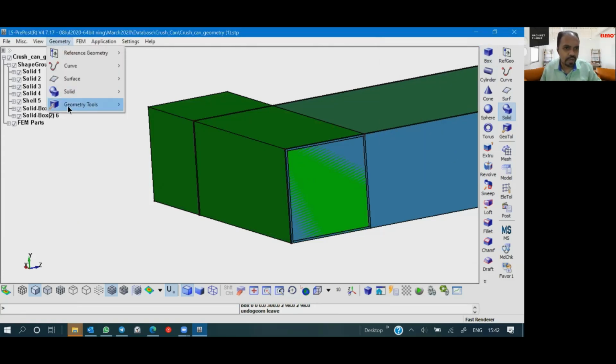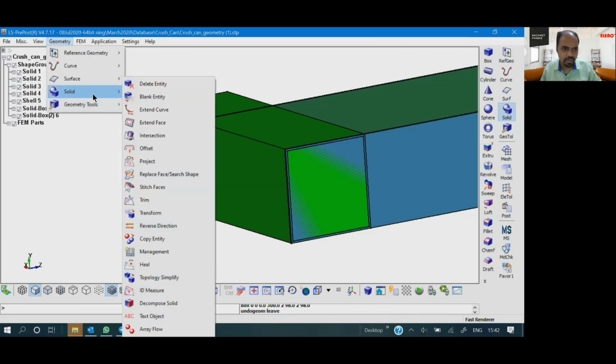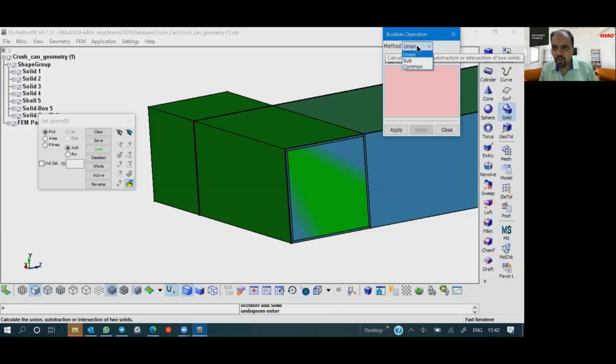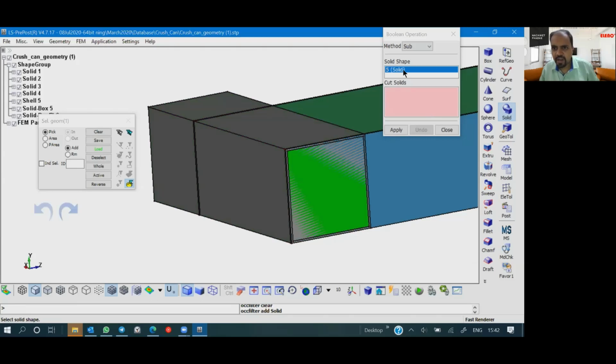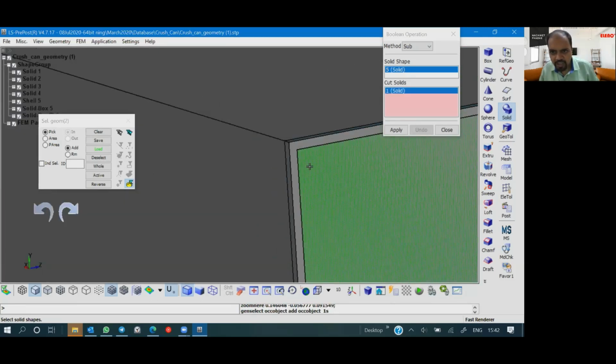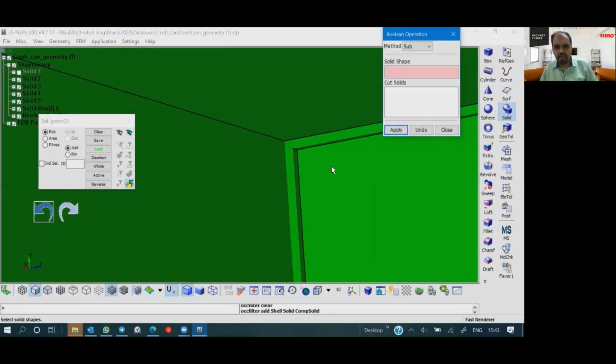I'll go for geometry, I'll go for geometry tools, or maybe I'll go for solid boolean and I will use a minus b. So I don't want to do union, I will subtract. So it is asking for a solid shape, this is a bigger shape, and then I will be doing a subtract option for a smaller shape. Okay, so here you can see this cut solid and click on apply.